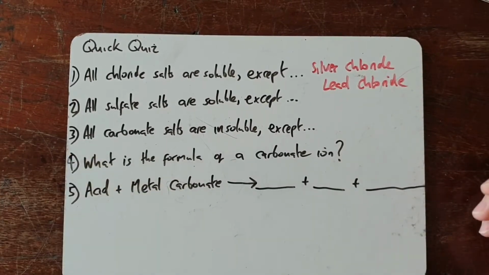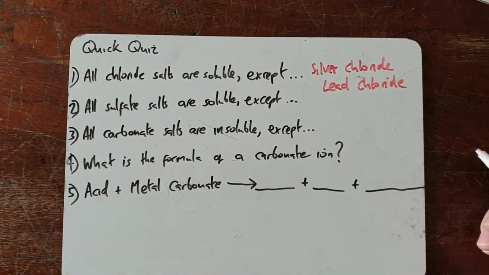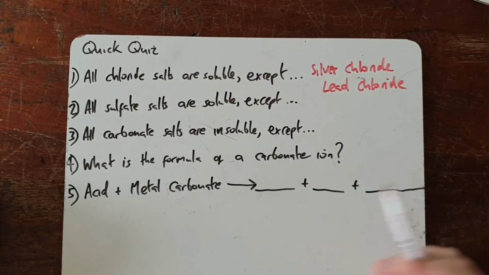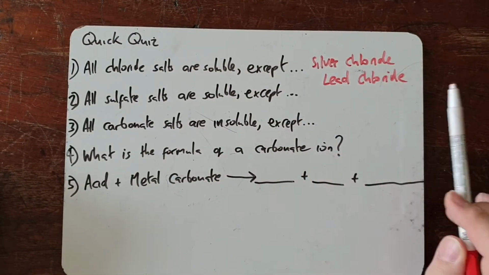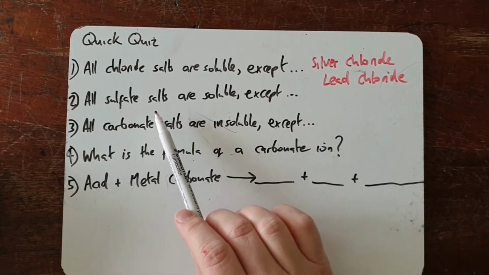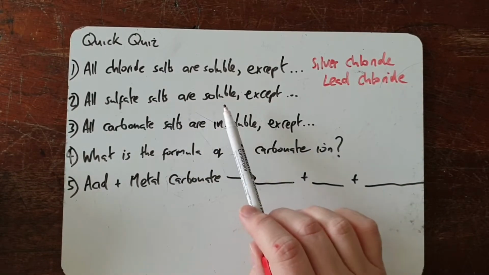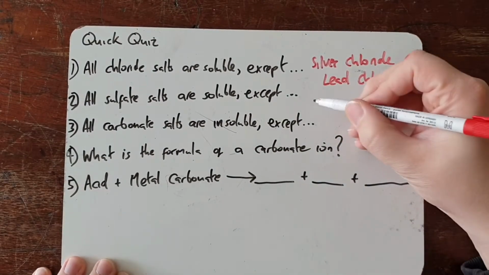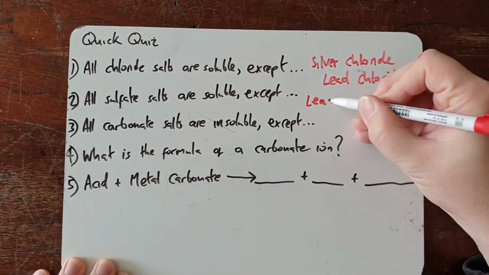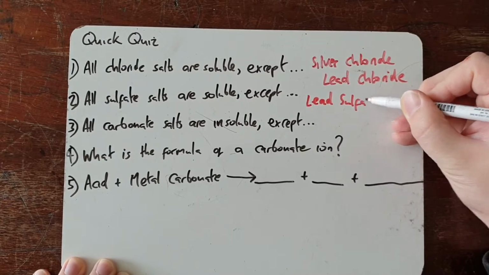So iron chloride, copper chloride, sodium chloride, they are all soluble. The only ones that are insoluble are silver chloride and lead chloride. Those are the exceptions. All sulfate salts are soluble except for lead sulfate,